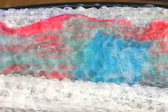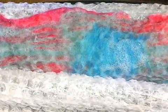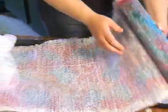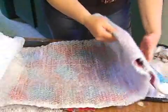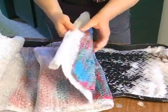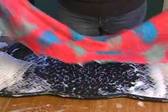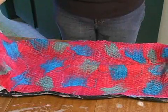So at this point, we've finished with the felting process, and we're going to move on to the fulling process. So I don't need the bubble wrap anymore. Bubble wrap was just to keep everything together until we had formed the felt. And now we have our felt scarf, and we're going to move on to stage 2, which is fulling, which